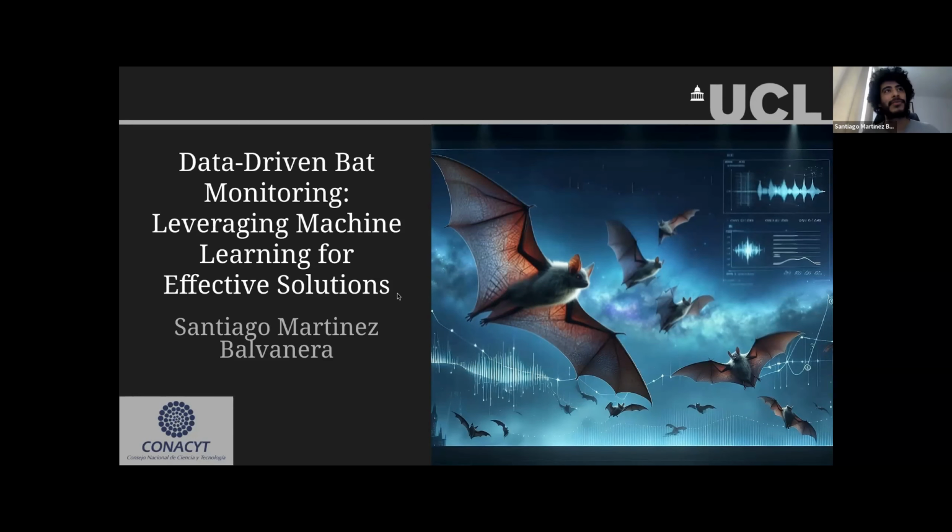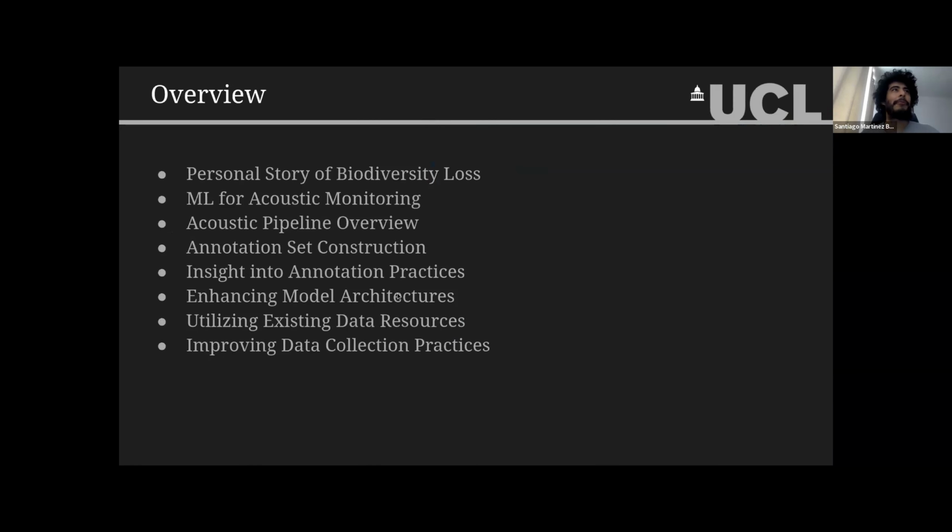So I will talk about data-driven bat monitoring through sound, and in particular how machine learning plays a big part in this idea of biodiversity monitoring. So I will give you a brief overview of what I will be talking about in the presentation. So first of all, I'll just give you a bit of context about me, my motivation, and my background for working on this topic. Then I will tell you about how ML is in particular being used for doing acoustic monitoring of biodiversity, and what is the overall structure of how people are thinking of doing this as a pipeline